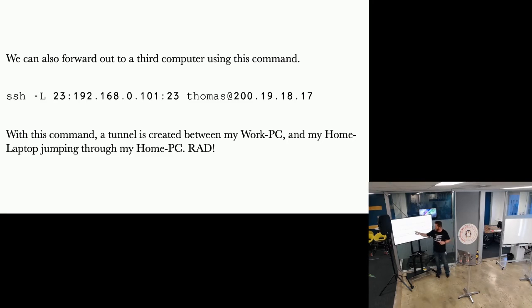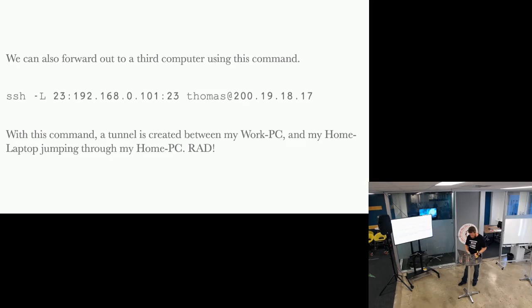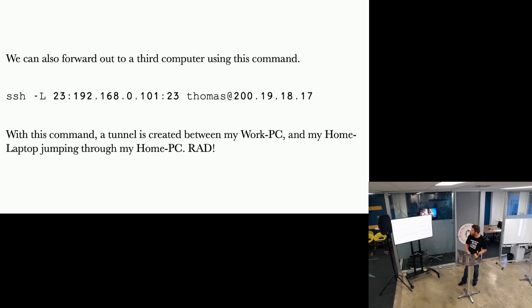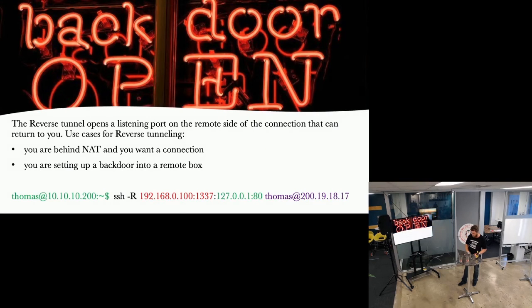So this is a local forward that goes from my local address, which is this computer's address here. It goes out to this address. Oh, I've got the wrong slide up, I think, sorry. Oh, I've made a mess of this, I'm sorry guys. But we'll move right along. This one I think is the right one.